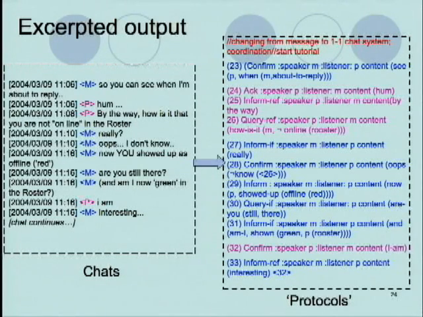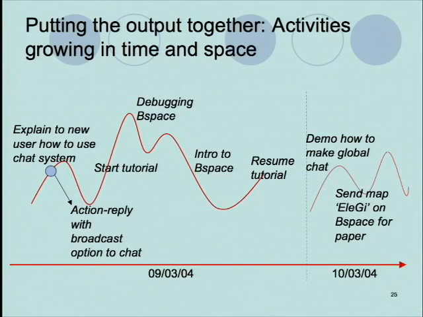And from these protocols, I managed to keep track of every change of the activity that took place during the collaboration. For example, first, explain to a new user how to use the chat system. When I say "action reply with broadcast option to chat," the user went online and asked, is this action broadcasting in reply to your chat? Is this a good way to reply? Because of this question, a new tutorial started on how to use BuddySpace. And the guy said, OK, I'm going to show you how to use one-to-one chat. It's just showing on a timeline, on that date, the activities that took place,